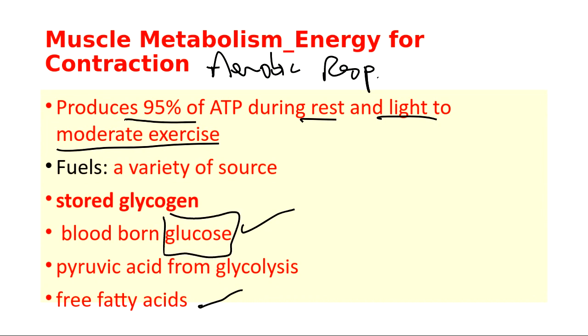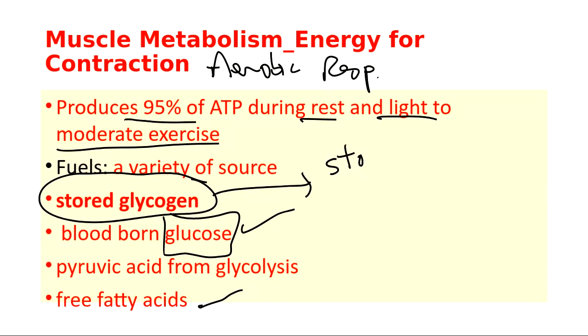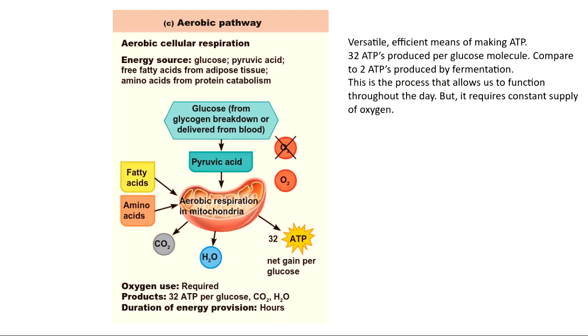Skeletal muscle cells can actually store glucose in the form of glycogen, and this is unique. No other cell can do this except for the cells of the liver. So glycogen is a storage of glucose, which is found in skeletal muscles and liver cells. So let me show you the depiction of aerobic respiration. This is the aerobic pathway. Glucose is broken down in the cytoplasm to pyruvic acid. The pyruvic acid enters the mitochondria, and within the mitochondria, with the help of oxygen, which is going to go in,